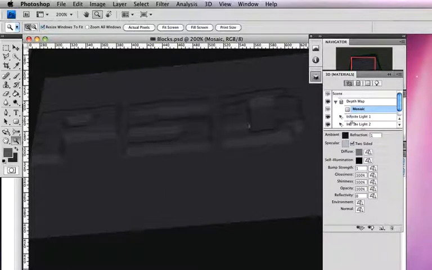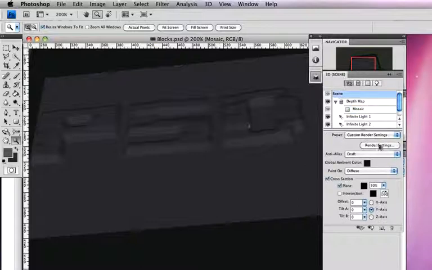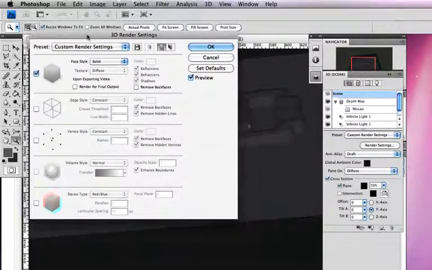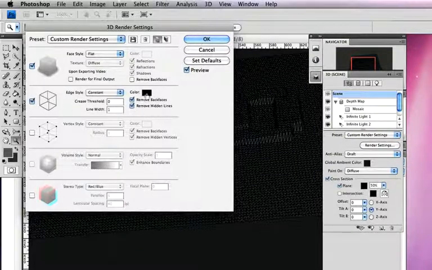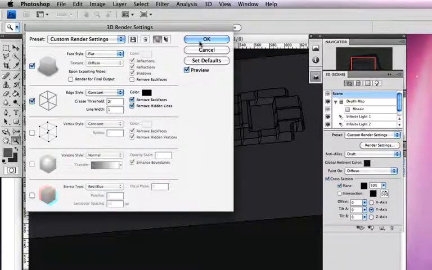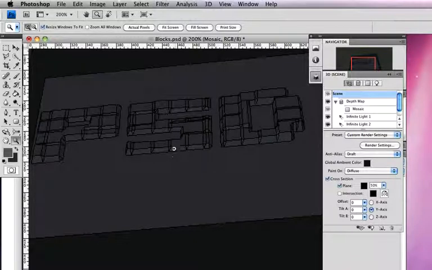And still in our 3D section here, we're going to go to our scene again, and we're going to set render settings. Let me bring these over. Okay, and in our render settings, we need to make sure that we've got our face style set to flat, and then we're going to make sure the color's on black, and we're going to select our wireframing here, sorry, and make sure that color's on black. Constant is fine, and we're going to increase our threshold to 2. There we go, and I'm going to click on OK,